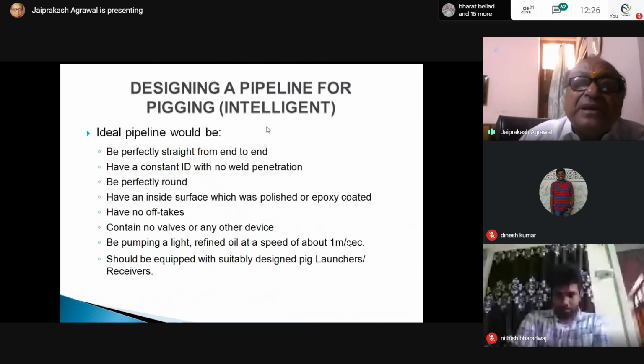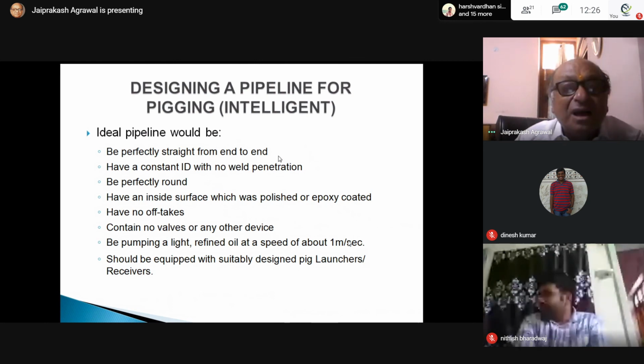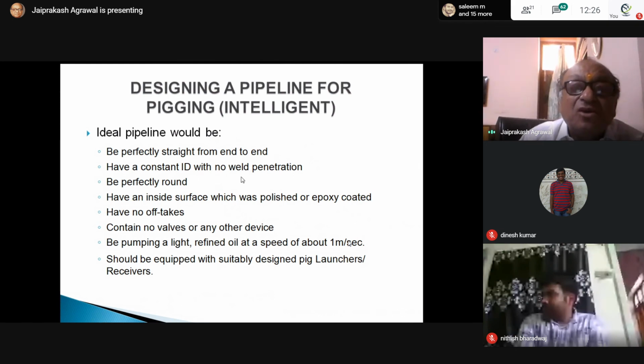Designing a pipeline for pigging. So you have to design. This is an ideal pipeline. This is not ideal, so you cannot just think that this is the ideal condition. How can we state it from end to end? Not possible. Constant ID with no weld penetration, not possible. Be perfectly round, not possible. Polished or epoxy coated, maybe possible.